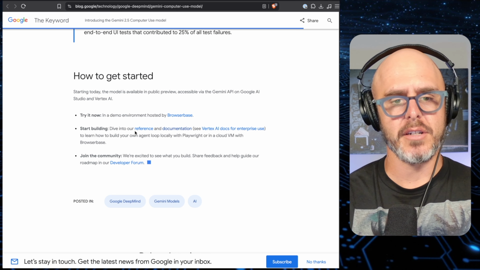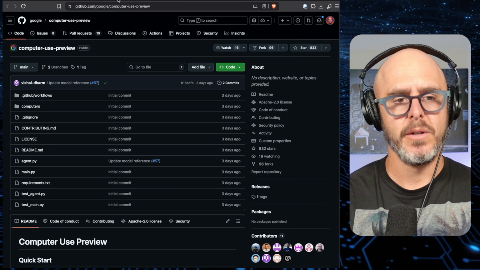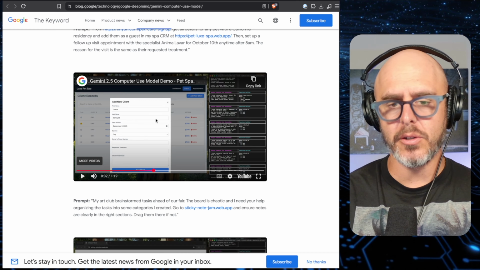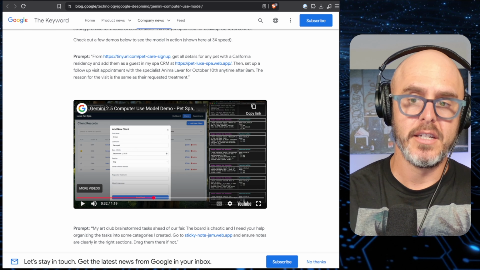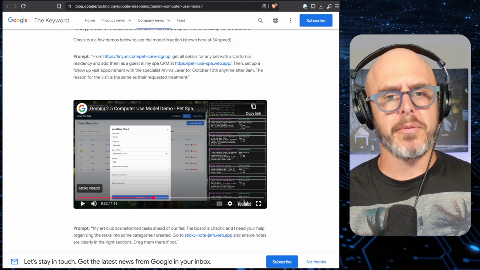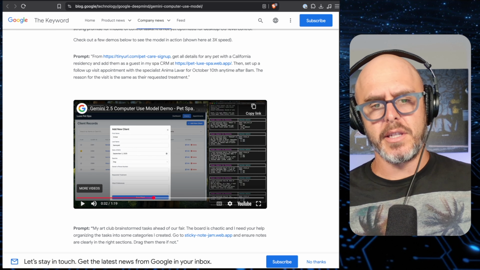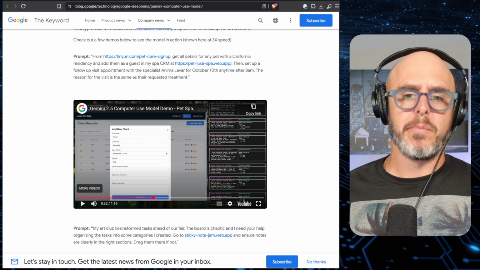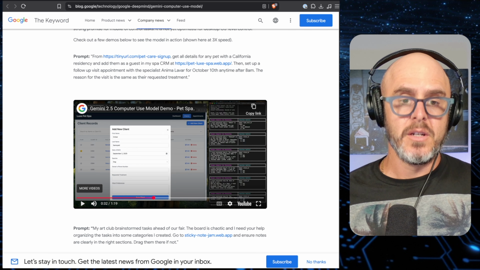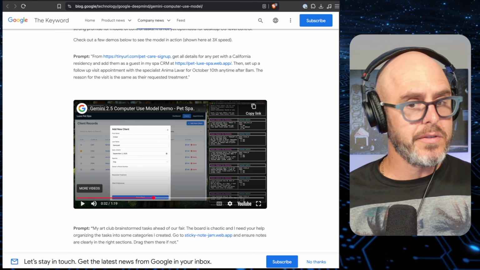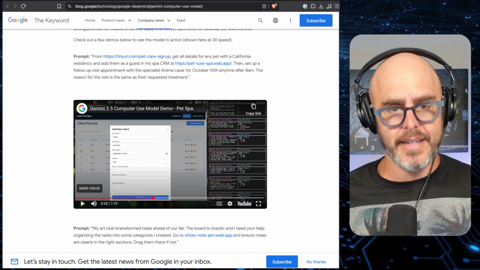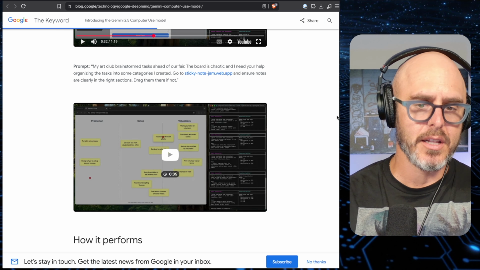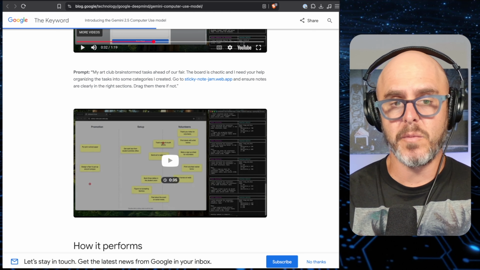If you go to the bottom here under Start Building, you could dive into the reference that'll show you how you can install this thing. So basically what this means is you could control your browser agentically, sort of like operating Playwright, which I'm not sure if you know what that is, but basically it can find elements on the page, click things, read things, but do it all through an agent, which is really cool. If you've seen ChatGPT agent mode, this is like that, except you could build your own agent to do whatever you want. So this is a really powerful unlock if you ever want to do some really custom